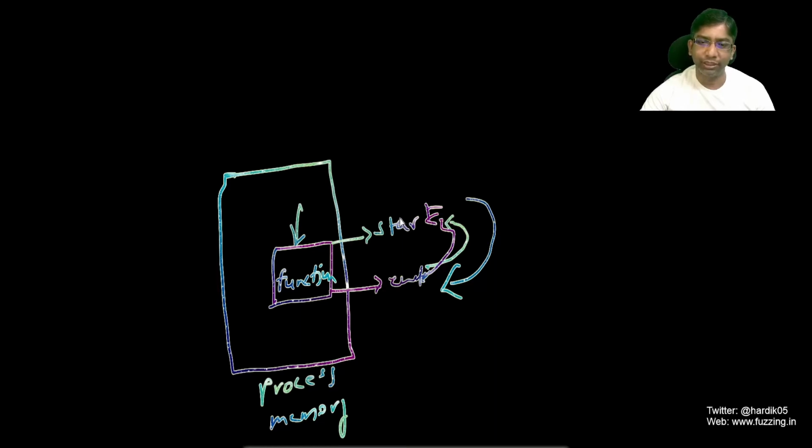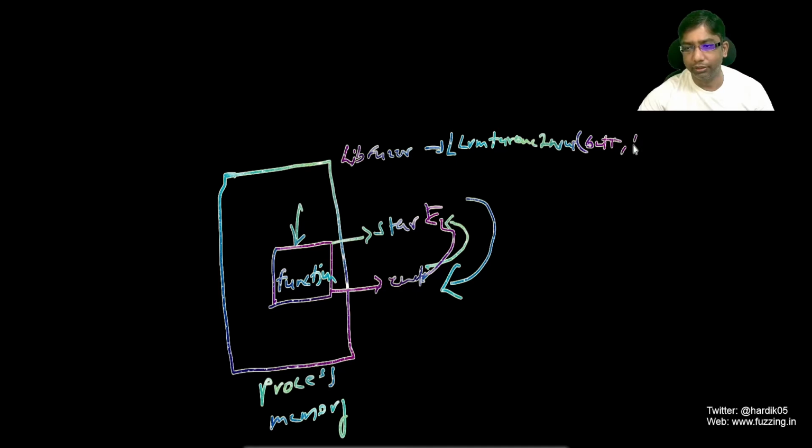So you can notice that this is very helpful when you want to fuzz a single API or a single function, then you can use this approach. And if you recall, this concept is present in libFuzzer. libFuzzer expects one function, LLVMFuzzerTestOneInput, which takes two parameters: the first one is the buffer and the second one is the length of that buffer. A similar concept is used by AFL as well, called persistent mode.